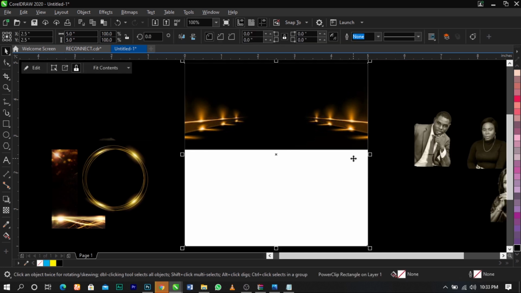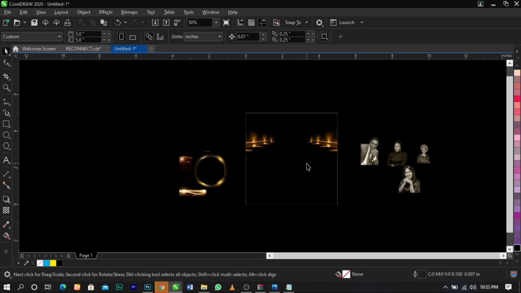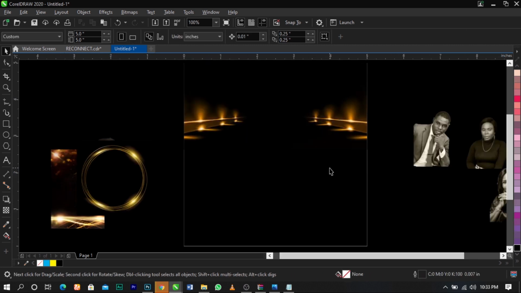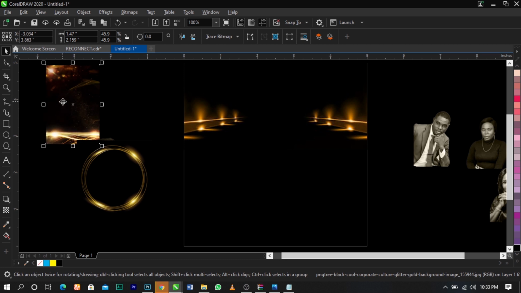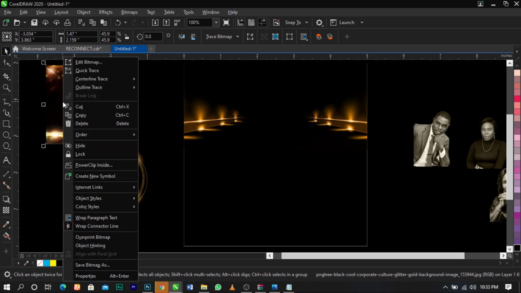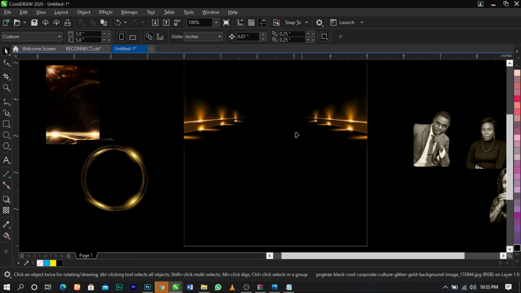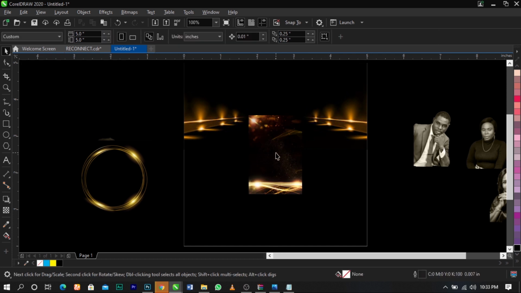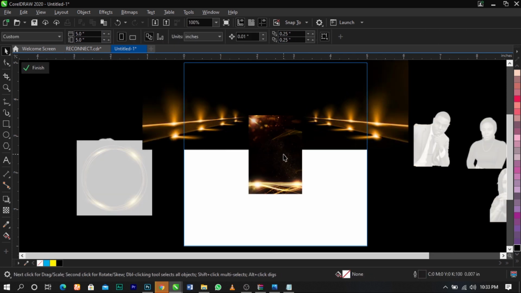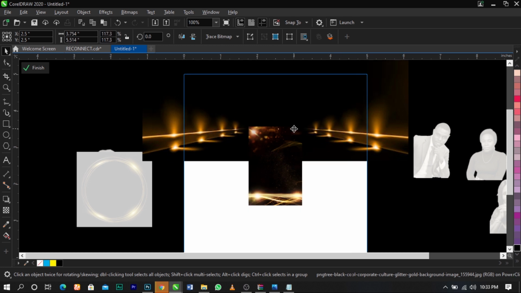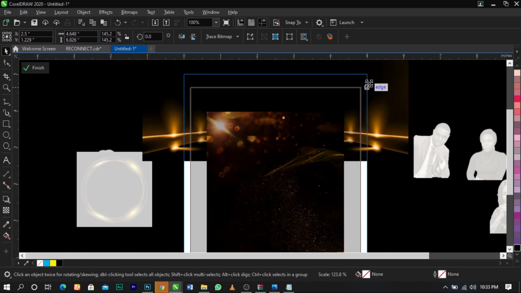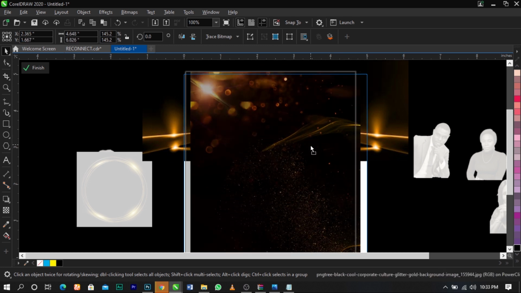So the next thing we're going to do is color this frame black. So select the frame and click on black to fill it with black color. All right, so the next one we're going to do is bring in this background, right click on it, select PowerClip and place it inside. Just the same process we did the other time. So select this and scale this up this way. So once you scale this up,